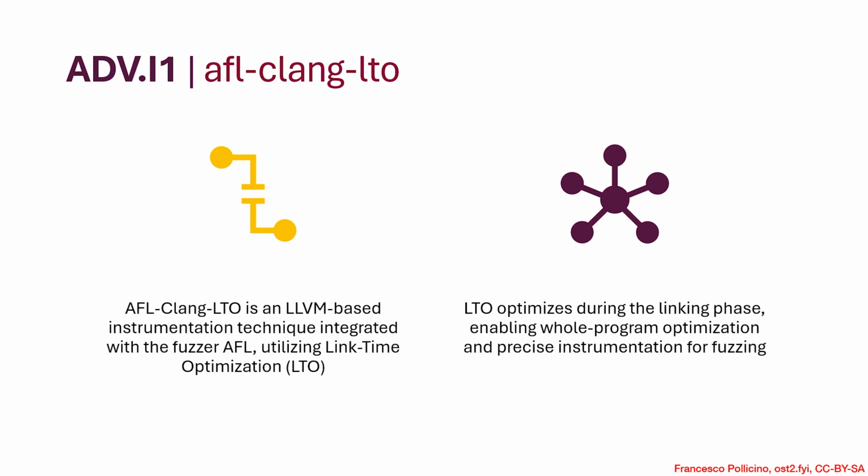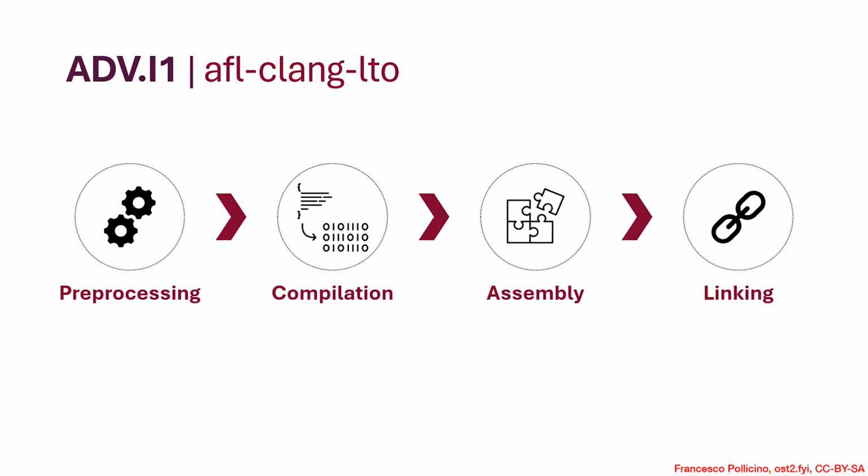From a high-level point of view, PCGuard and LTO are the same. What is changing is the way they keep track of the explored code at runtime. In particular, LTO instruments at link time when we have all the files precompiled, and to do that, we have to compile our software in LTO mode. To better explain it, let's have a quick look at the compiling process.